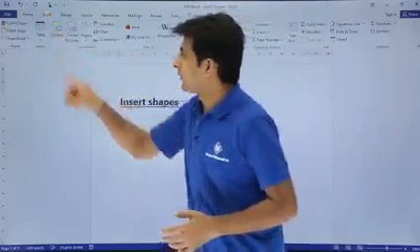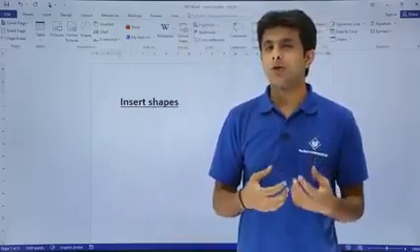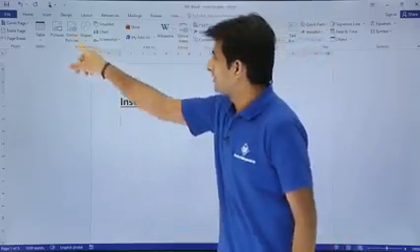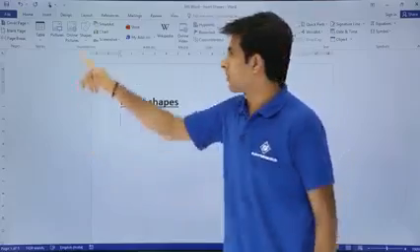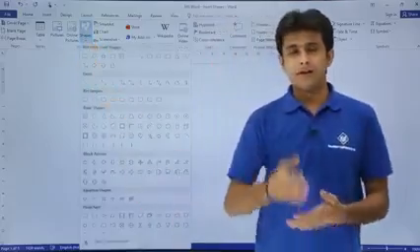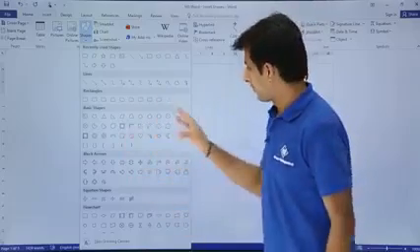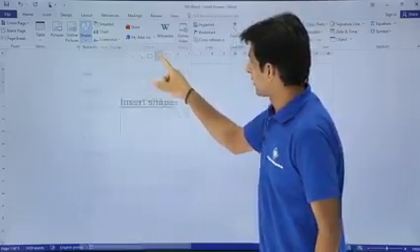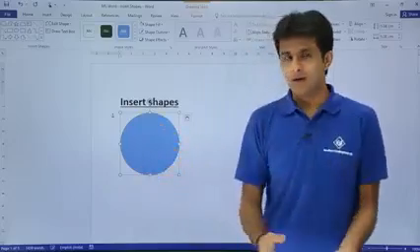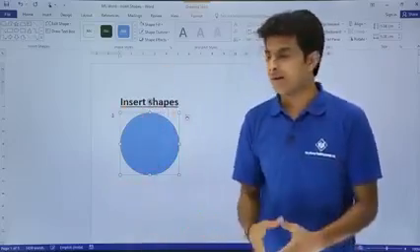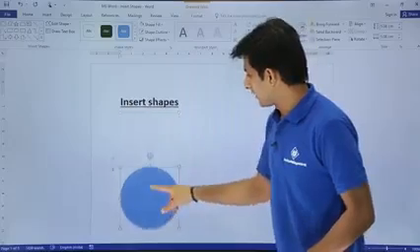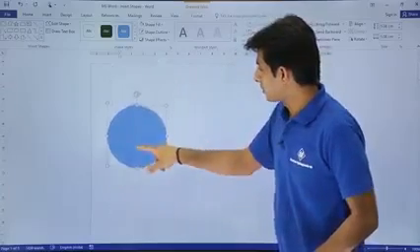The very first thing, if you want to insert a shape for the first time, you can go to the Insert tab, and in the Illustrations group, you have the Shapes option. You just click on the drop down and you'll get a variety of shapes available. If I pick any shape, let's say this one, it automatically draws, or else you can also draw with your mouse itself. Now I'll just bring it down like this. Yeah, this is the shape given here.